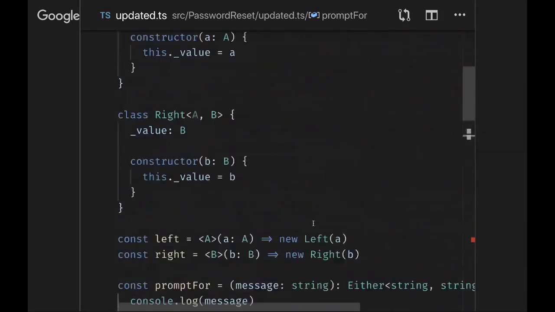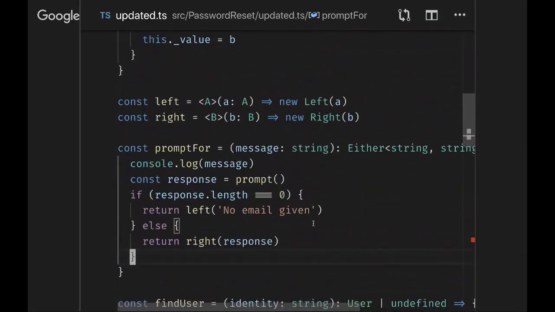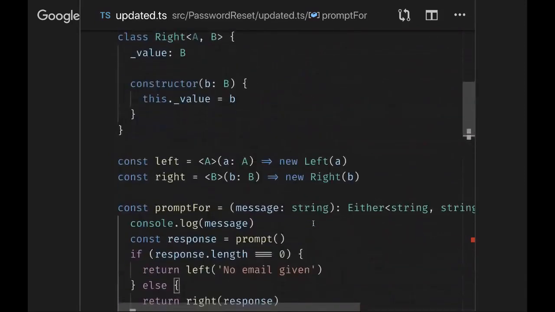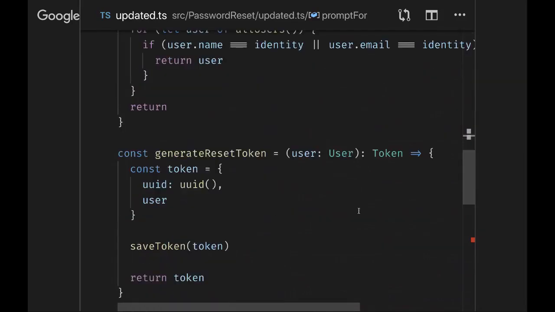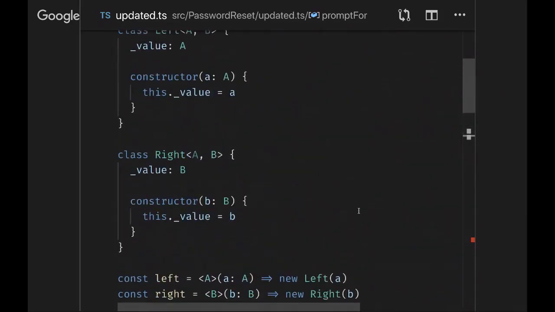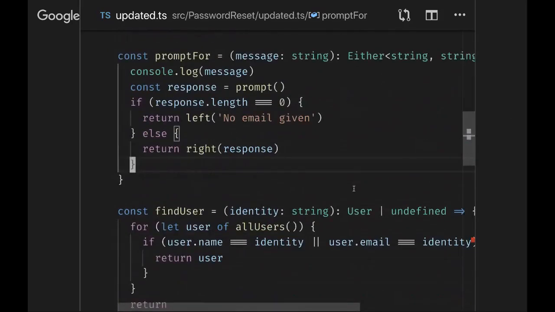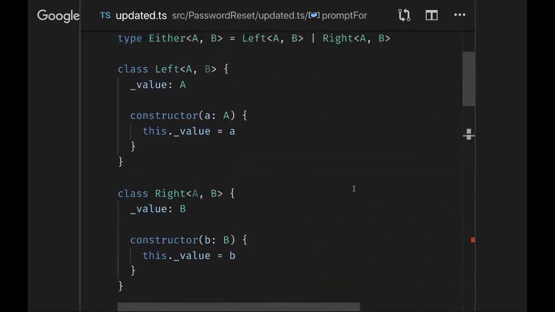So let's see, we kind of have two ways to go here. We will update all of these functions to, instead of returning whatever they're currently returning, return an either type similarly. But why? What's that going to buy us? Once the program returns an either, where are we going to go from there? That's a big question. Trying to make it more precise.